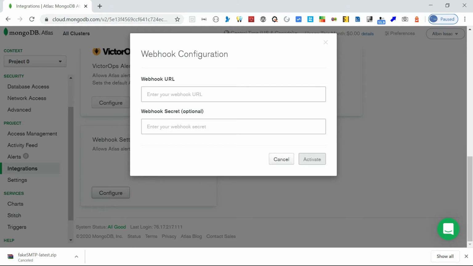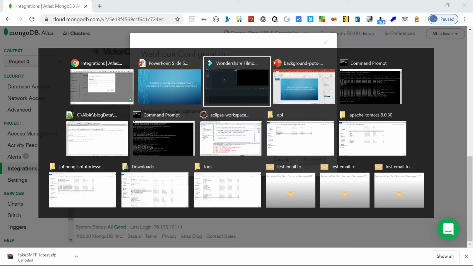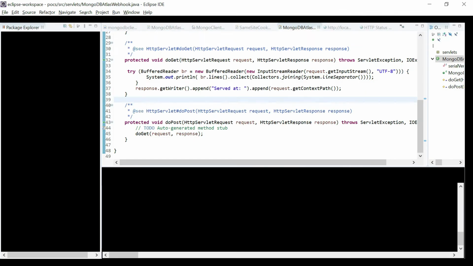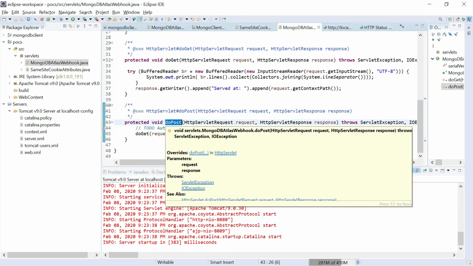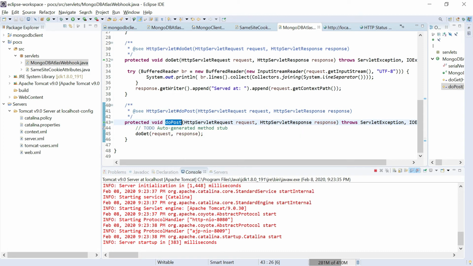It is optional anyhow. For that, what I did is I created a kind of servlet. You can create any service, but that service should support the post method, because MongoDB Atlas posts the alert message to the webhook. Whatever webhook you are creating should support the post method. You can even use any REST client or whatever, but it should support the post method.